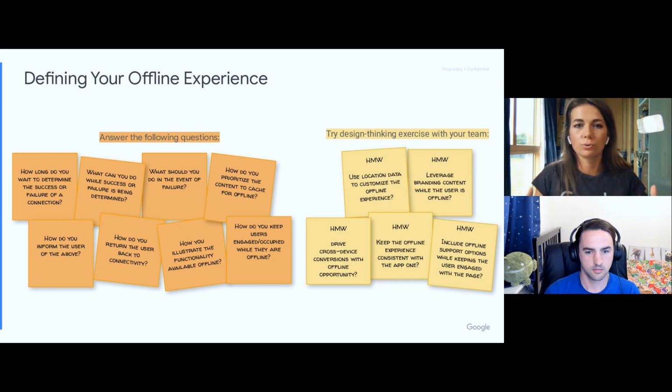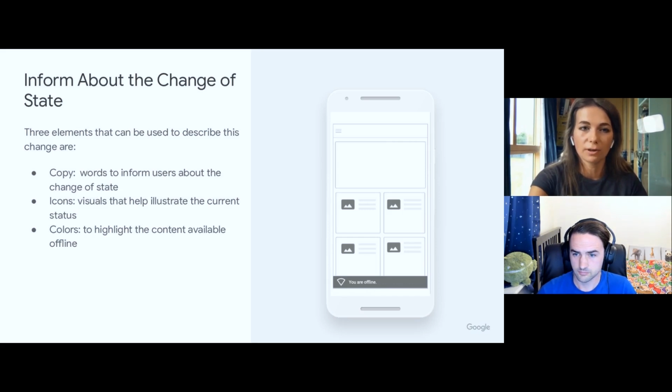You can do any design thinking exercise, maybe even run a design sprint if you have heard of that. If you haven't, you can just Google design sprints. You can really brainstorm with your team how the offline experience can look, what new you can bring to the user, and how you can turn it into a competitive advantage.